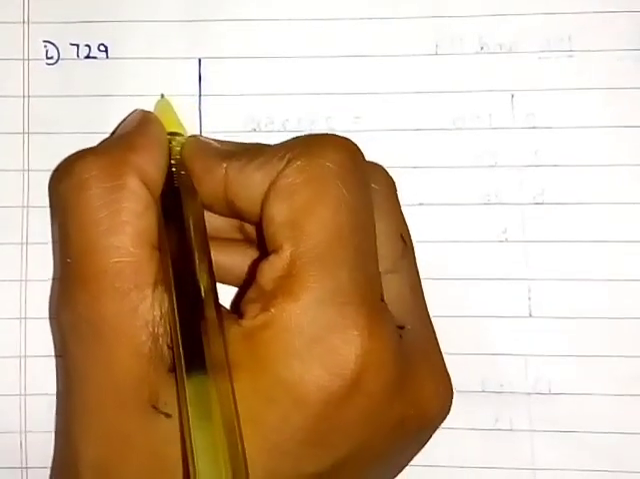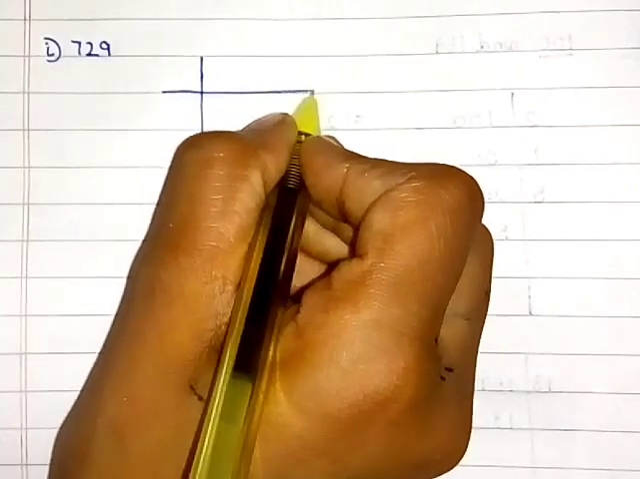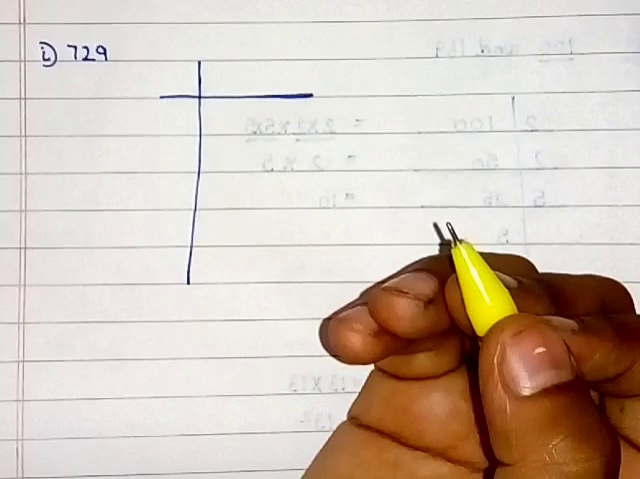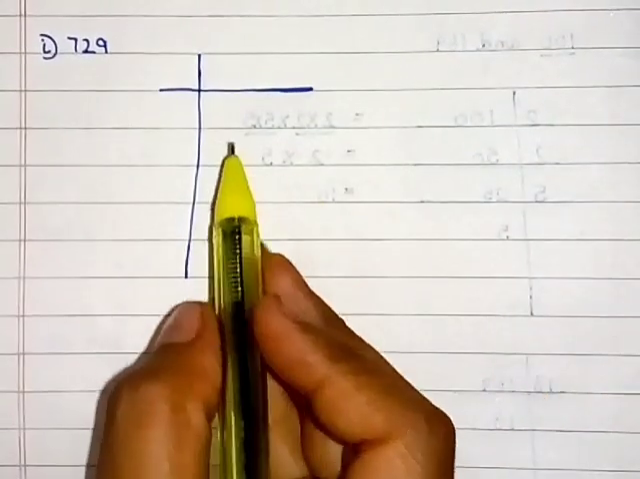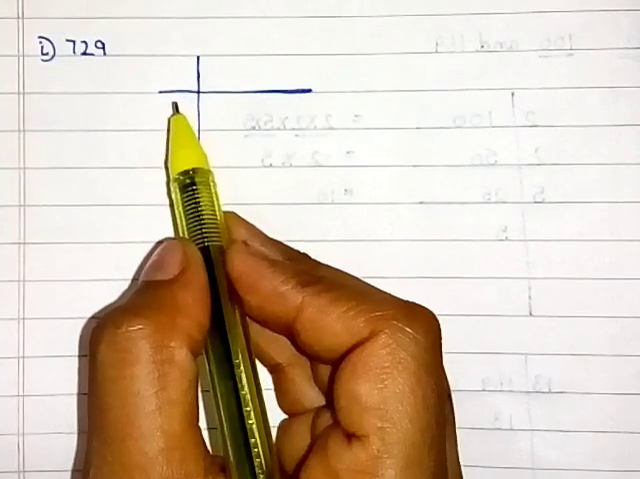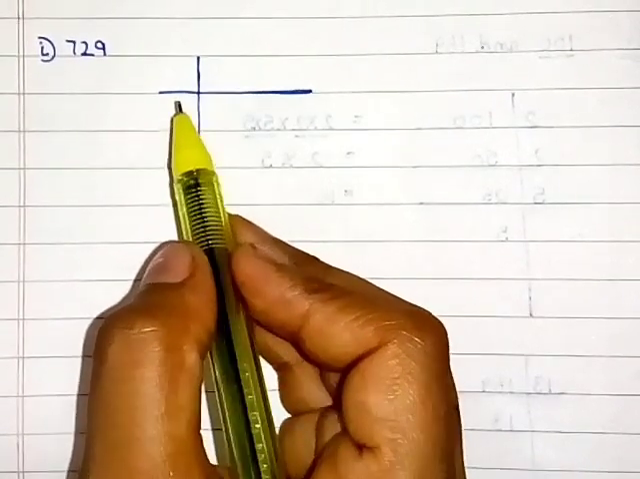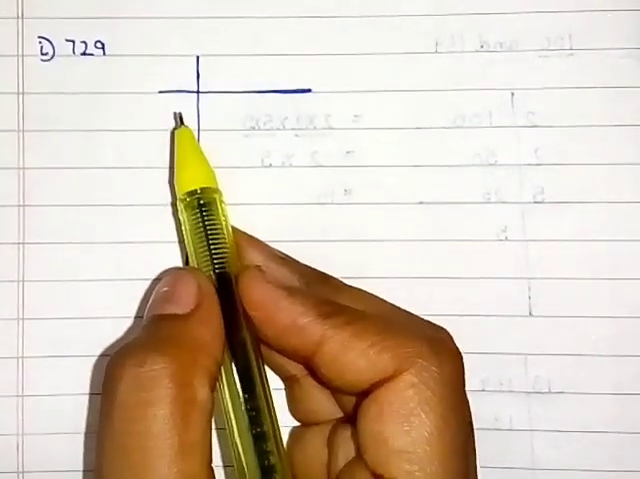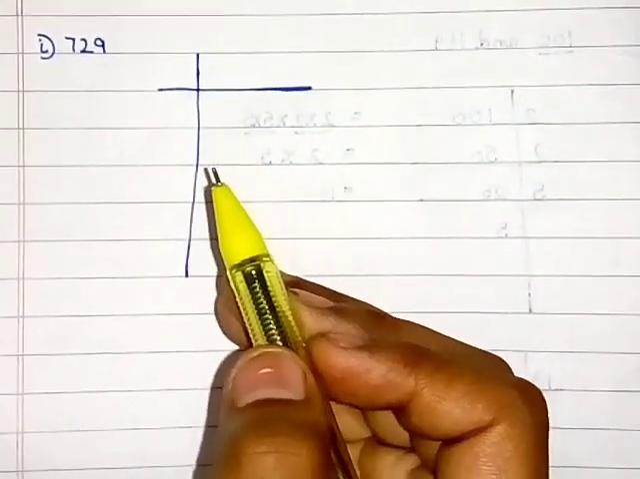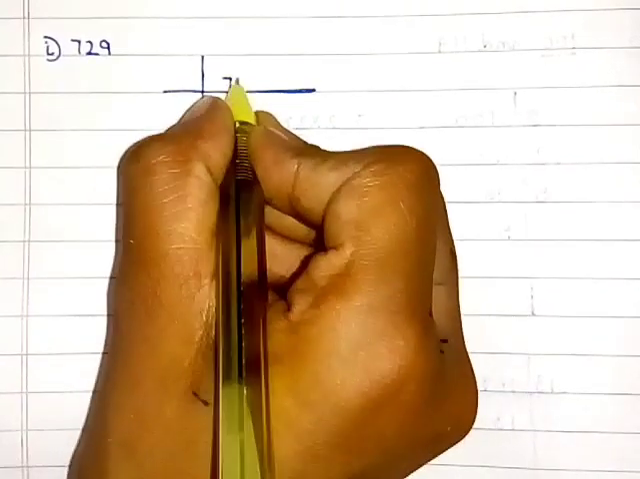One vertical line, one horizontal line. Now we'll check that 729, can it be divided by 2? No. Can it be divided by 3? Yes. Here we will write